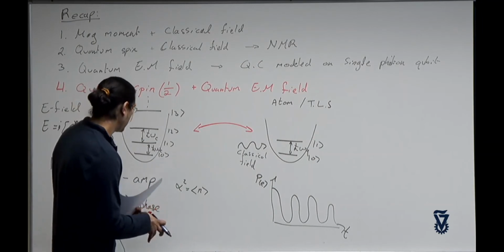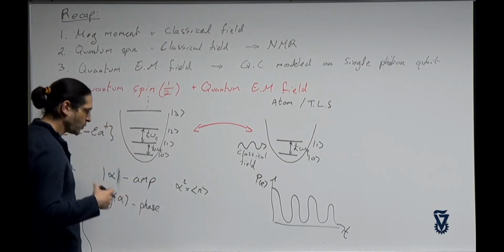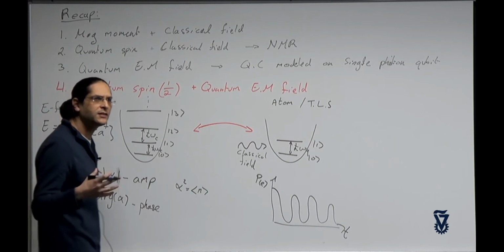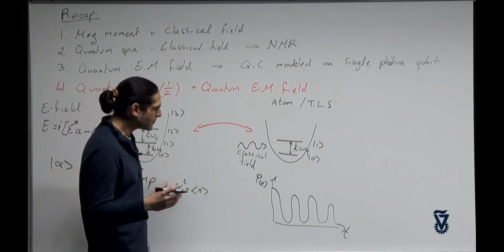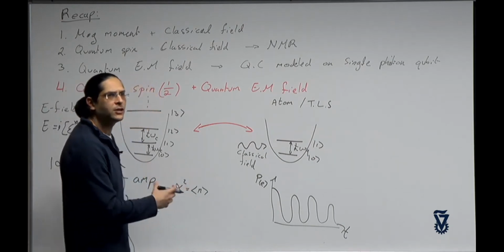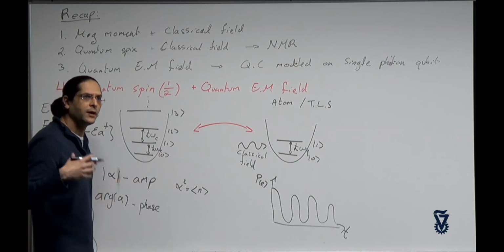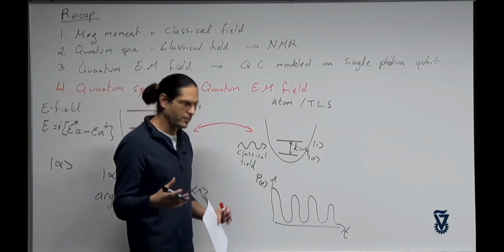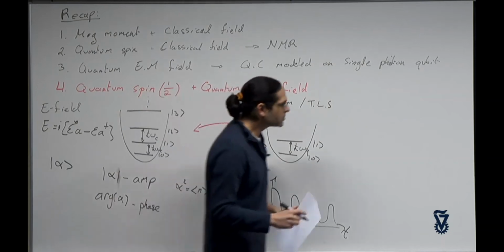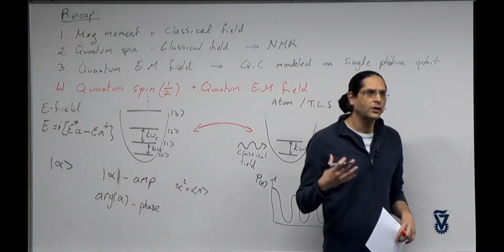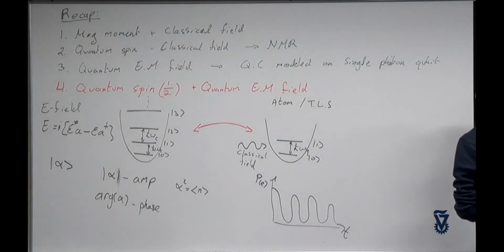What I want us to get to today is what is called the Jaynes-Cummings model, which is an approximation of the system. It is a very useful model for many, many systems. So just to start constructing it, I want you to